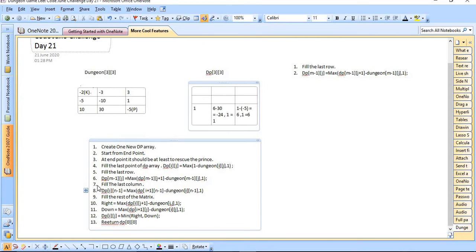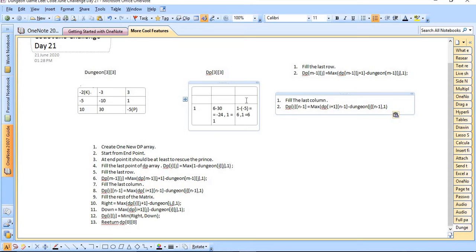As part of the next step, we are going to calculate the last column, similarly to what we have done for the last row. If you again check this cell location, we can reach this cell using only a downwards move. We already calculated the immediate downward value, which is 6. So again, it will be 6 minus the current cell value, 1. So 6 minus 1 equals 5. Out of 5 and 1, 5 is the maximum. So its value will be 5.